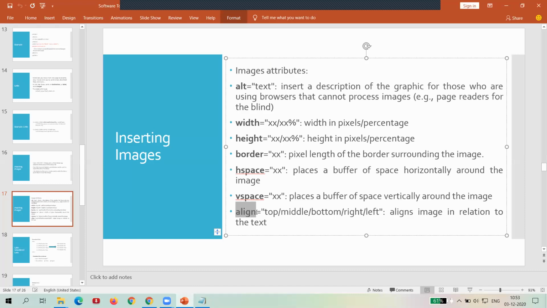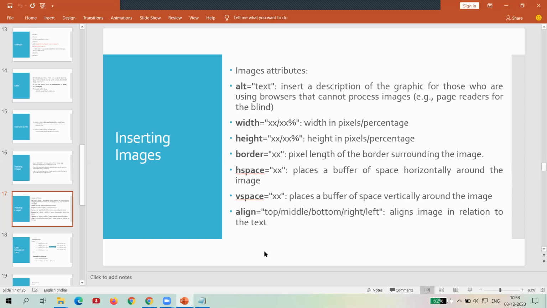Now the next attribute is align. In align you have five inputs: top, middle, bottom, right, left. Align the image in relation to the text. It means with relation to the text, the alignment will shift. Let's take an example for top, middle and bottom.